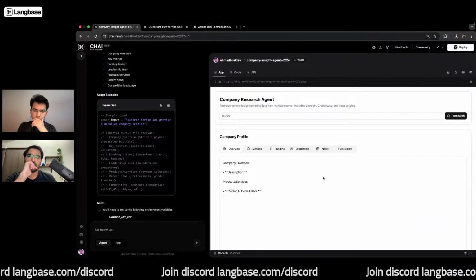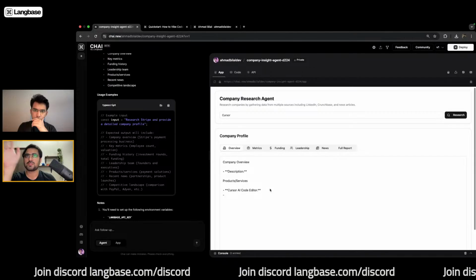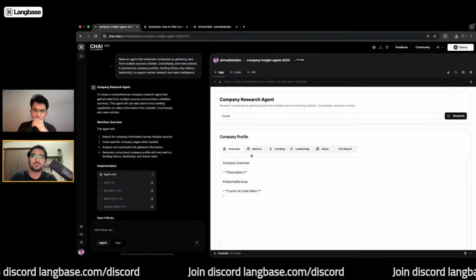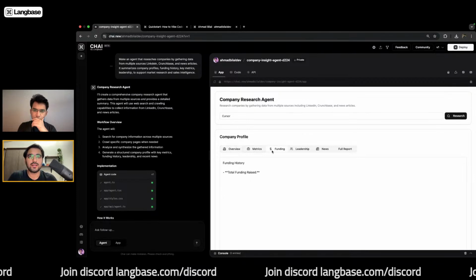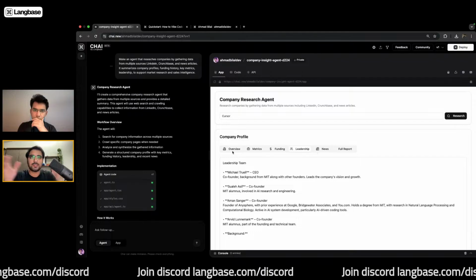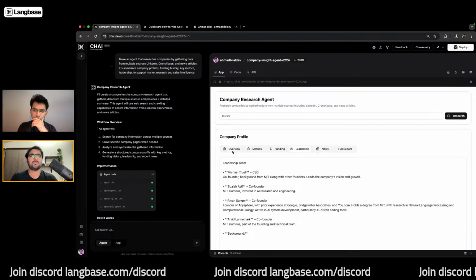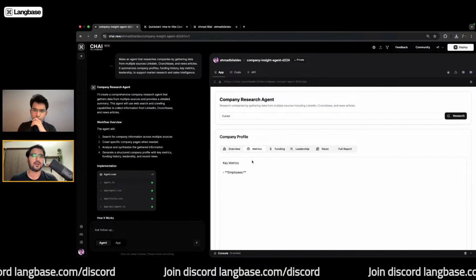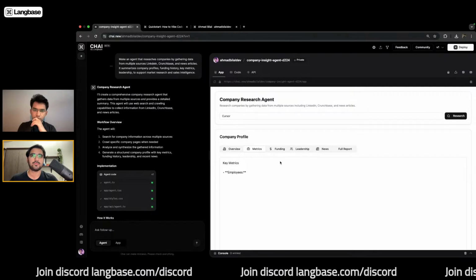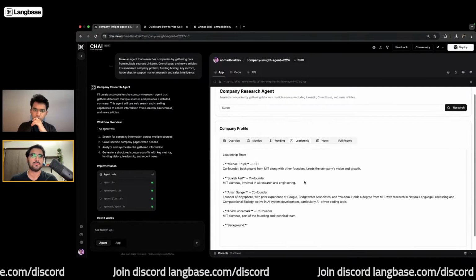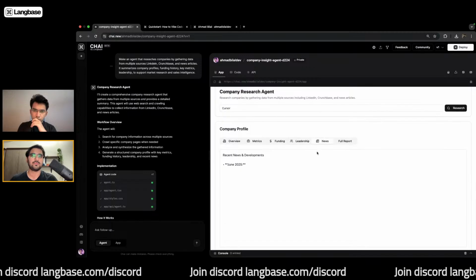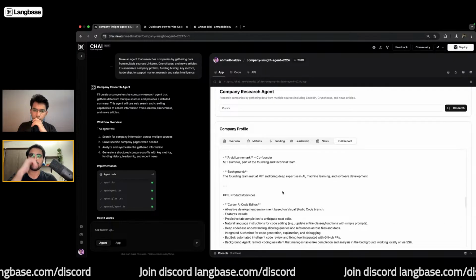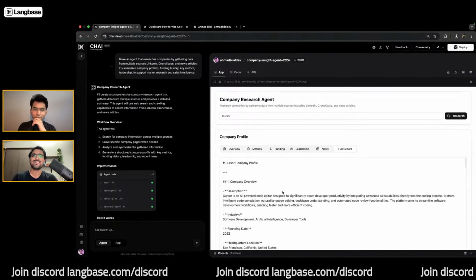All right. So this is the one-shot app for our company insights agent, and it has tried to separate out the response in different tabs, which is neat. And I'm guessing it didn't get anything around employees, so it's empty. Funding as well, leadership, okay, looks good. And a full report to go with it. Okay, let's try a different company which is slightly older.